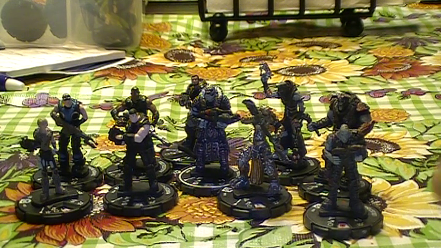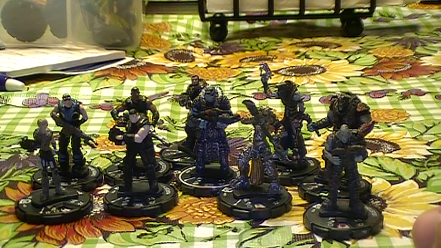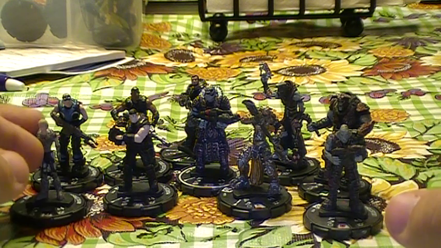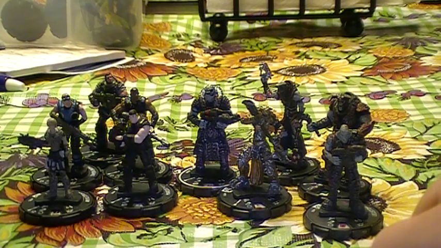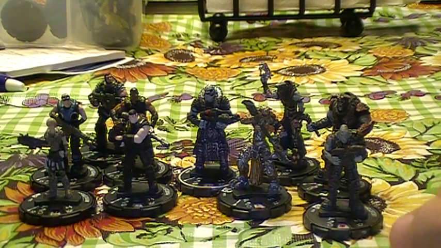So far I've had a lot of fun with these figures. I've only played with the Locust because they're a little bit more versatile with their point values because they have generics. And they've won pretty much both times I've played them. Haven't gotten to play with the COG yet, but I plan to very soon. So let's go on in, and first of all, I would like to